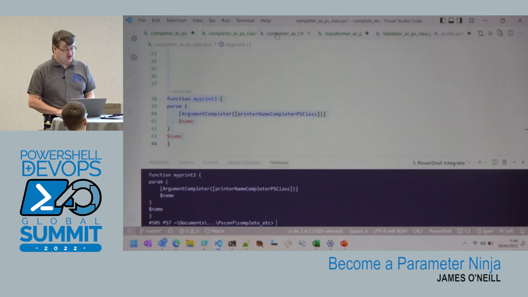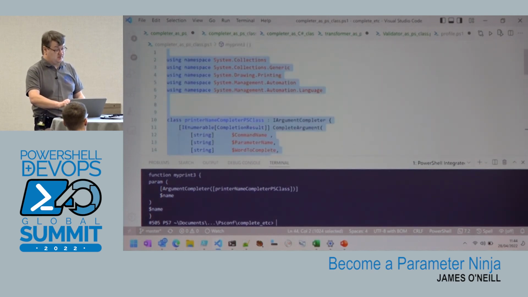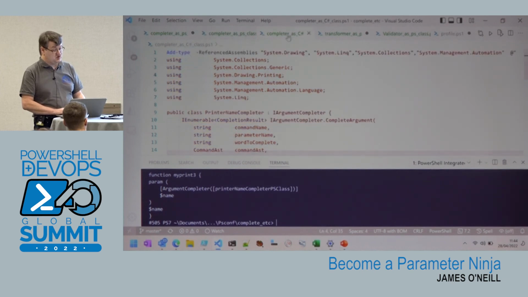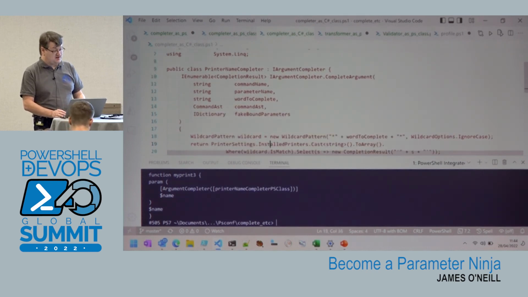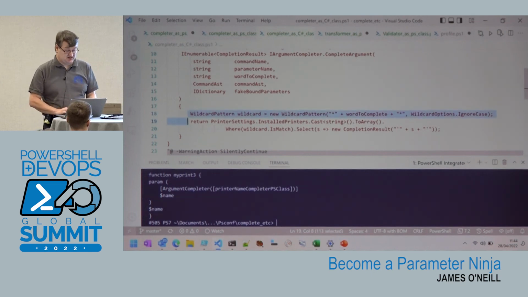Just for completeness, here's what it looks like as a C# class. So the same declarations, with the screen this size, it's a little bit harder to toggle between them and show how similar they are, but it's the same declarations, the same method signature here, and then basically the same block of code in the middle, just a slightly different way of saying we want to process wildcards for C# purposes.